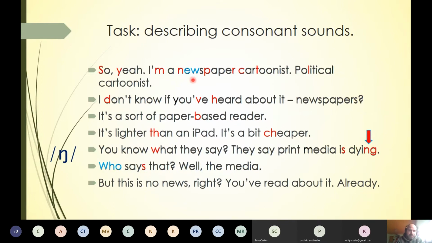I found very interesting in the first section here, I'm a newspaper cartoonist, because this initial, after the first consonant here, it comes a voiced velar glide, the one that we find in ye, right? New, eu, e is the same sound that we find here in ye, and followed by a short lax u. Okay, and